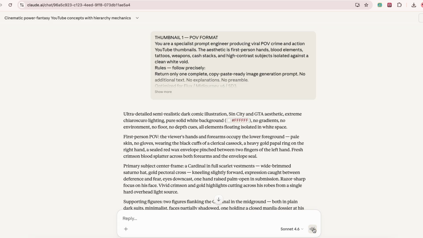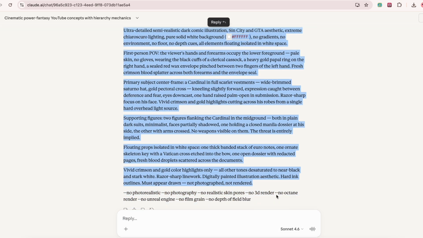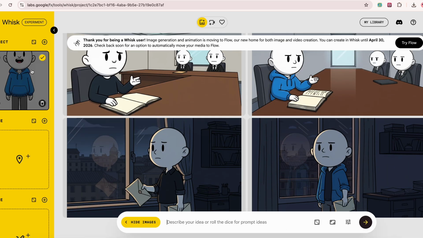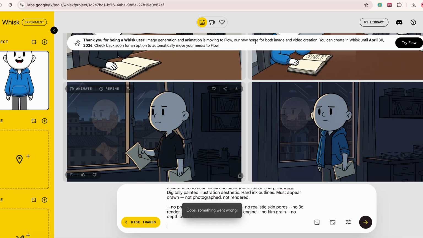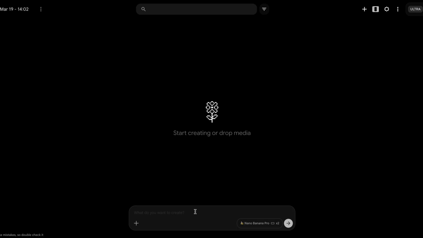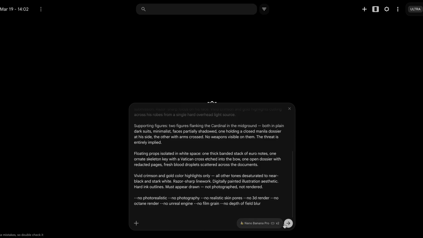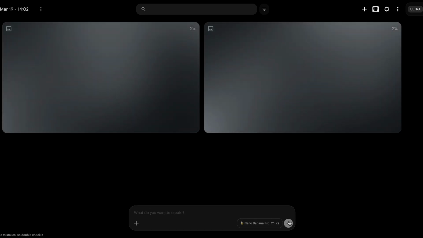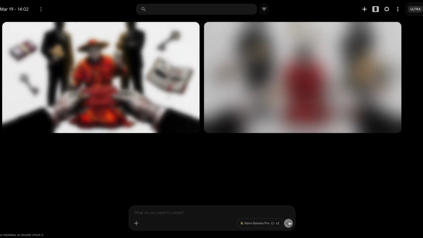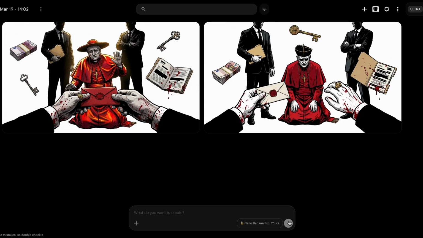One thing to watch: POV thumbnail prompts can get blocked by Whisk. The subject matter triggers filters. If that happens, switch to Grok AI or Nano Banana Pro. Both handle the prompts cleanly and produce click-worthy results. Levels thumbnails are usually fine in Whisk. Keep regenerating until you have something you would click on.